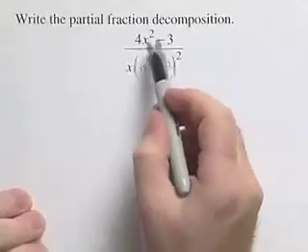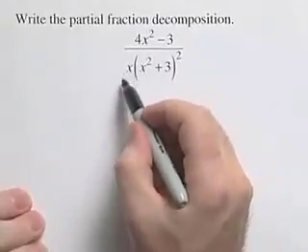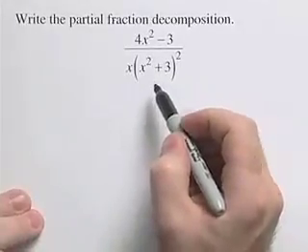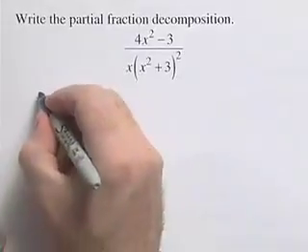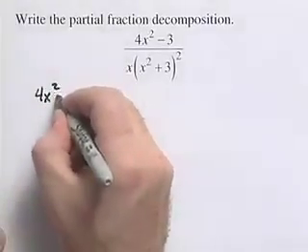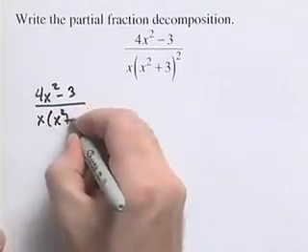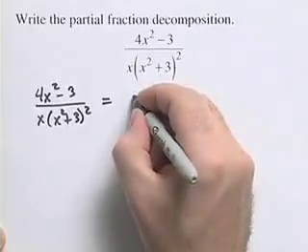For this problem, we're going to do another partial fraction decomposition. If we look at our expression here, we see that the denominator has a linear factor and a repeated irreducible quadratic factor. It means that our partial fraction decomposition is going to take on this form. I'll write 4x squared minus 3 over x times x squared plus 3 quantity squared. And if we decompose that, we're going to get a